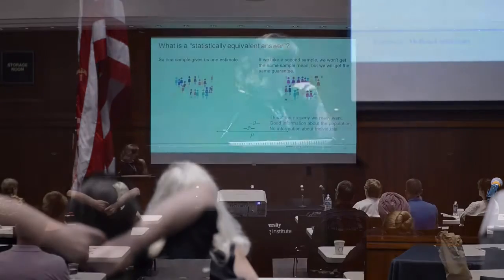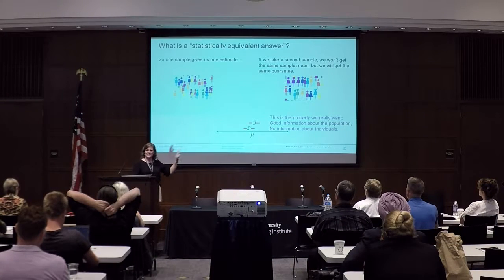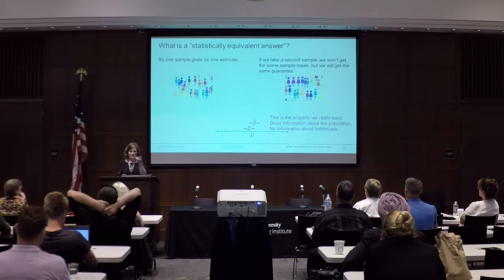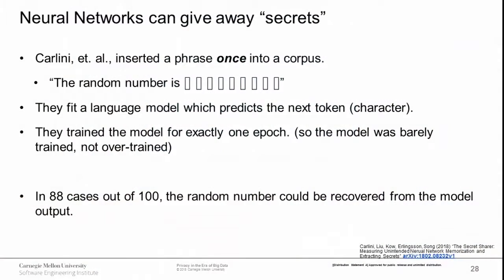Now, I want to make an aside here about machine learning and neural networks, because the sample mean doesn't give away too much about individuals. Although with sums, if you have two sums, then you know the difference is just that one number. But we can add a little bit of noise to that. But a neural network,